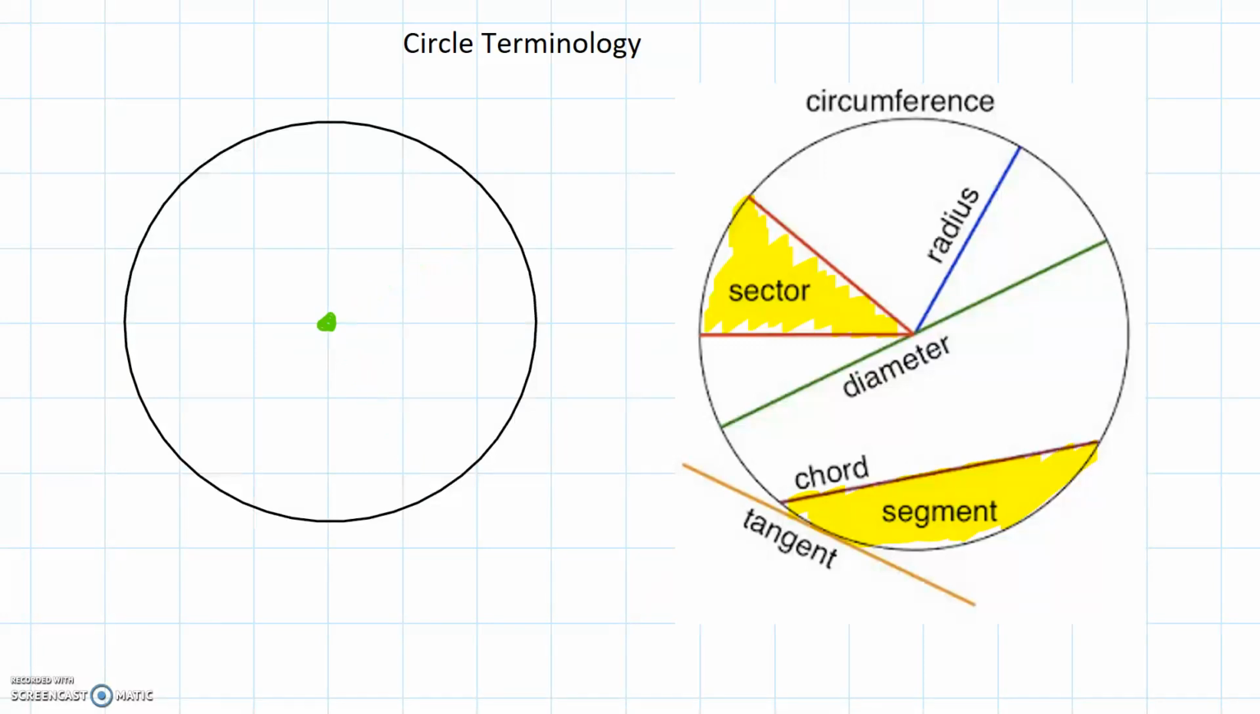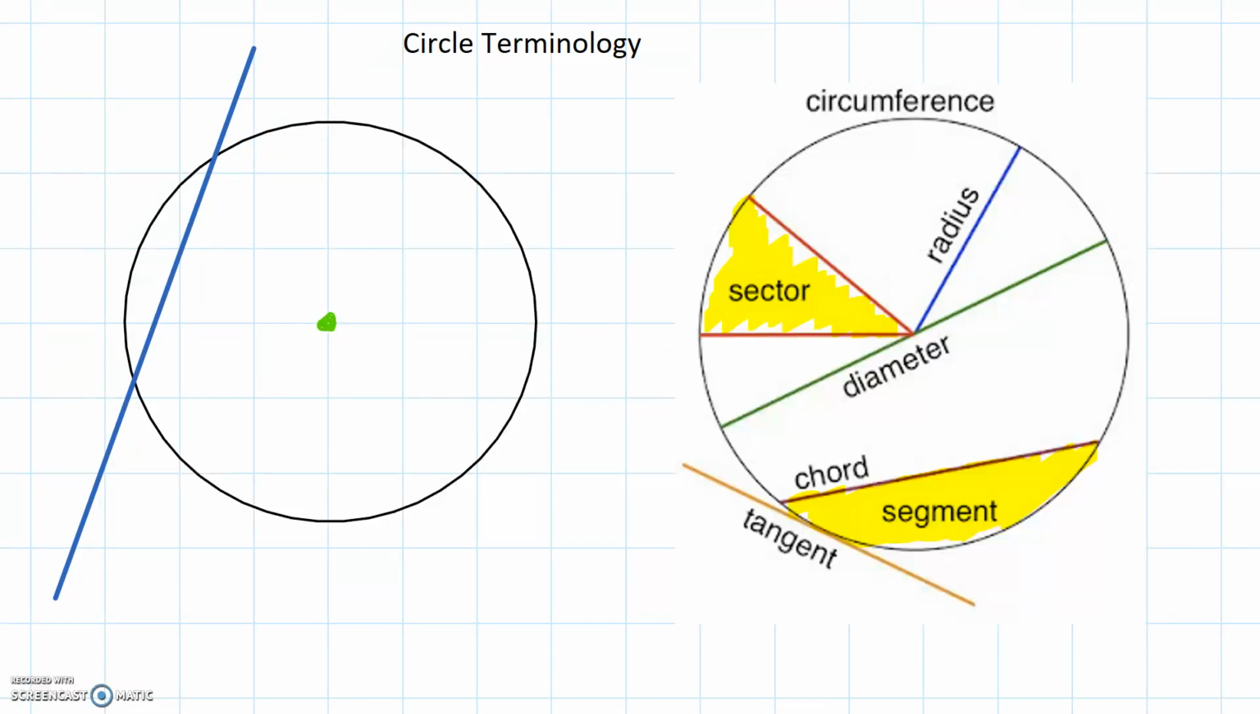So I've had a look at a diameter, I've had a look at a chord, I've had a look at a radius. Now let's have a look at a tangent. So a tangent, again, is a bit odd because it's not inside the circle. A tangent is any line that just touches the edge of the circle at one point. Let's try and draw a straight one. Okay, so a tangent